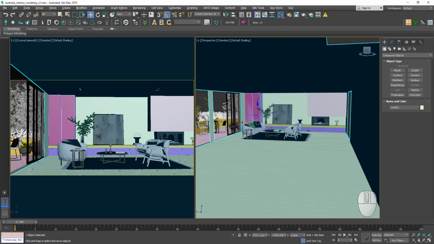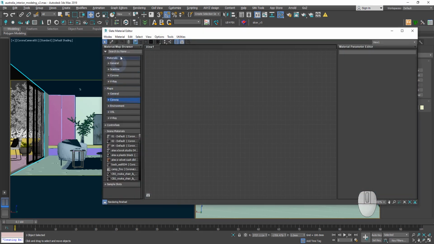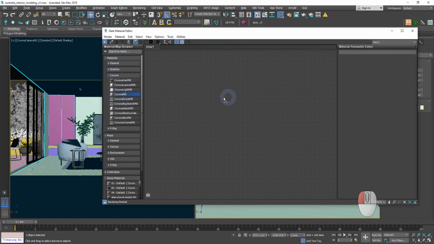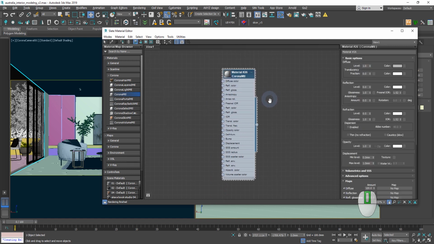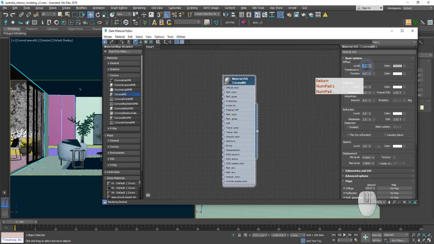Launch Material Editor. Open Material Group Corona. Now we will make black marble material for our countertop on the TV commode.